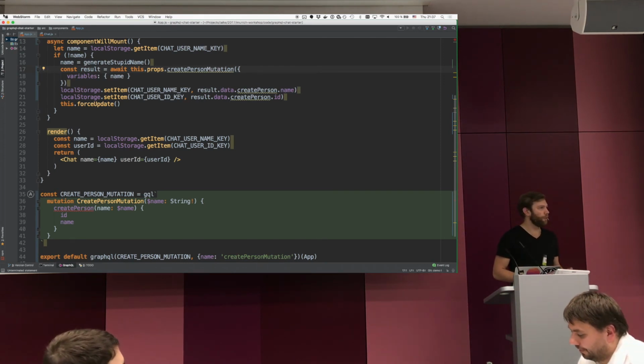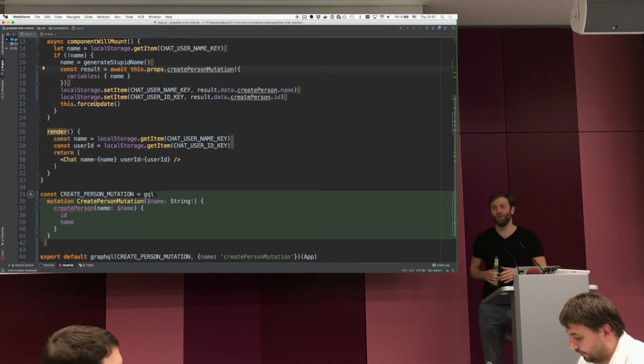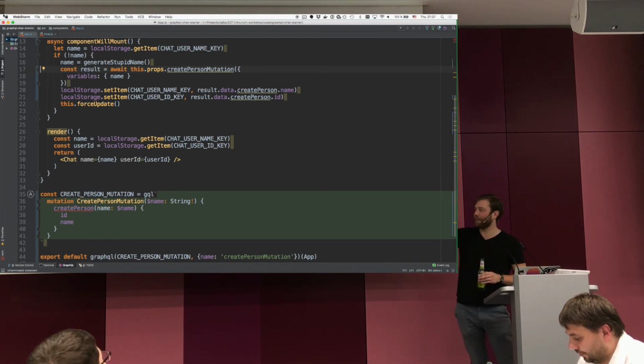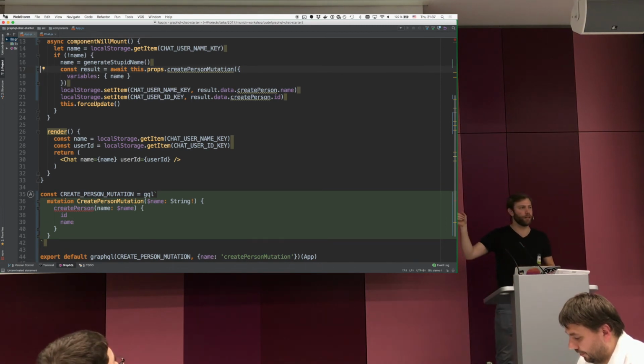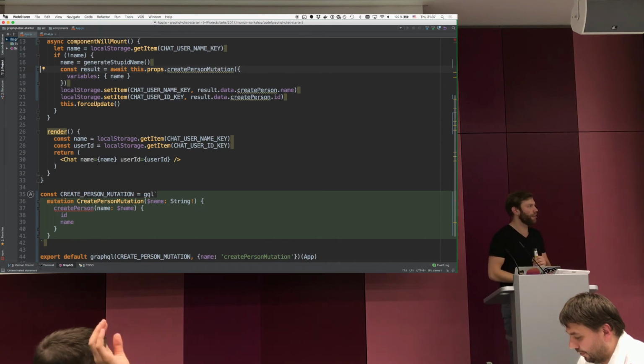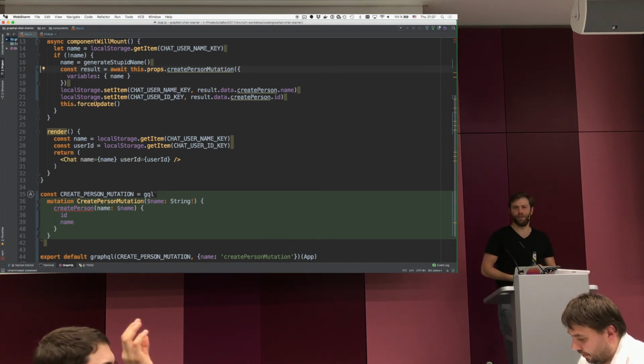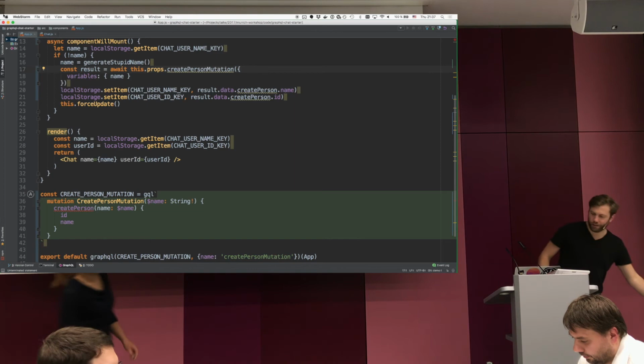Who ran into that same problem, or who's still running into the same problem and is now happy about the solution? Okay, who actually got this to work and the mutation is now working and you created your person? Right. Let's move on to the next step,